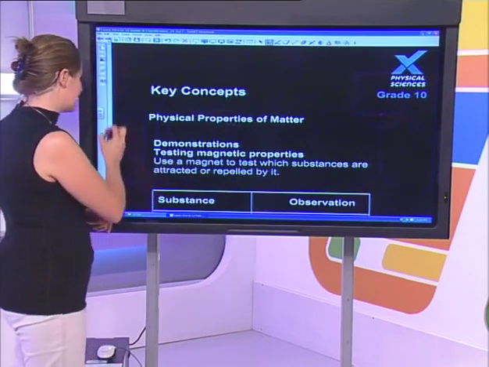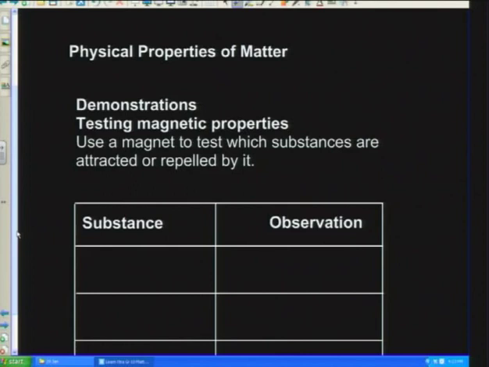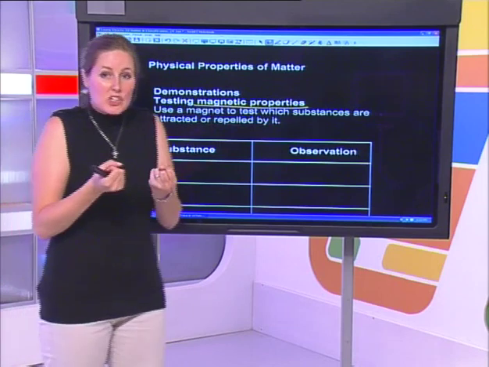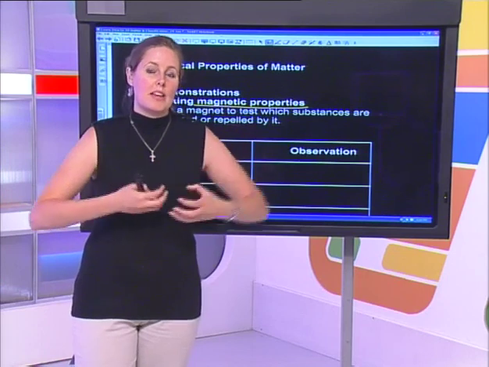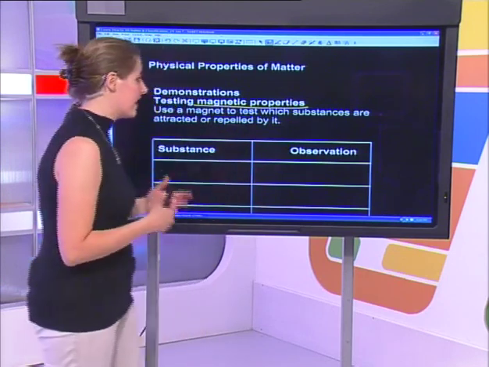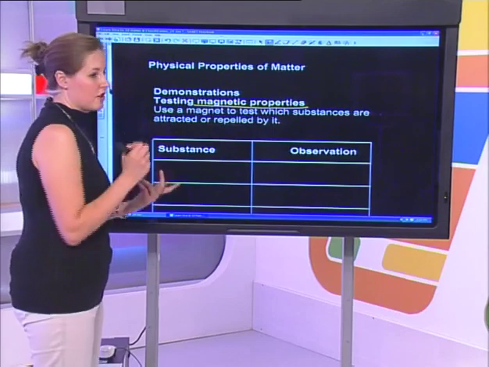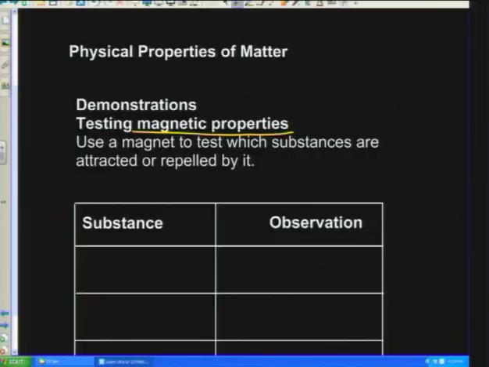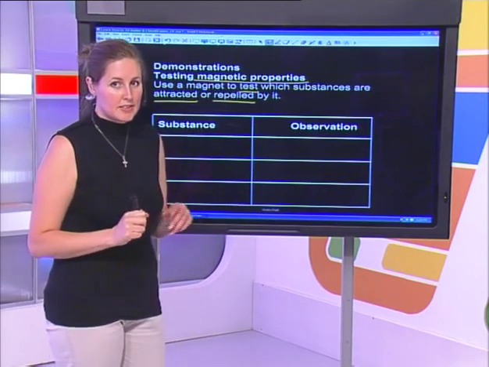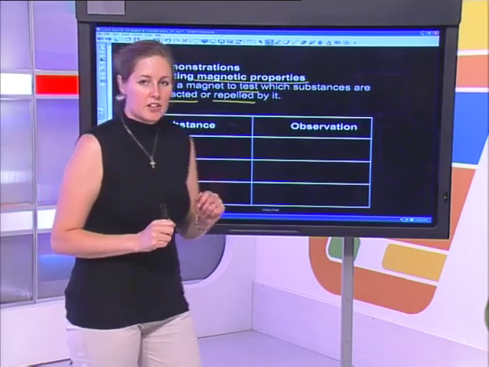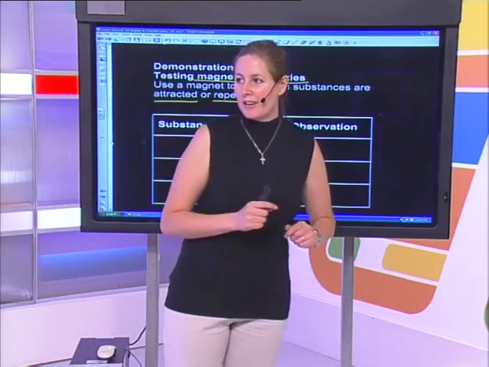Well, here they're asking us to test some magnetic properties. Some substances would be attracted or repelled, for that matter, influenced by a magnetic field. So I've got a magnet, and we're going to use that magnet to test which substances are attracted or repelled by it. I've got a number of things, and we'll jot them down on our table in a moment. Won't you come across with me to have a look at some more? Ty, over to you while I get set up.